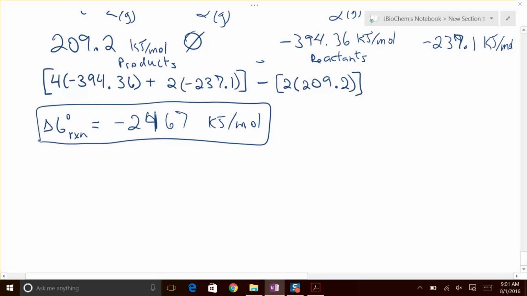Okay. Let's see here. You guys feel good about that, or do you want to do another example? One more? Okay, let's try this one. C2H6 gas plus O2 gas versus